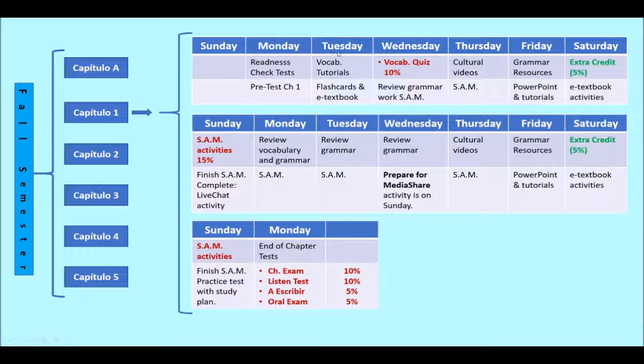And then on Tuesday, we're going to have vocabulary tutorials and flashcards to study and prepare to take the vocabulary quiz every Wednesday. Then you take the vocab quiz. This is timed, probably 6 to 8 minutes. This test is not open book, because you have to know the vocabulary. And then after that, you will have to work on some